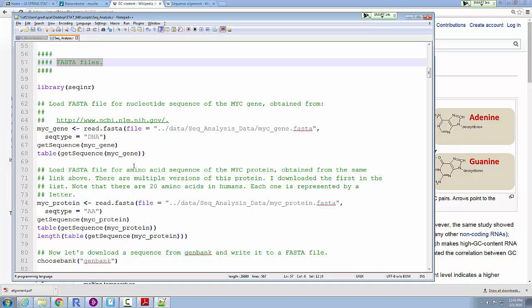So if we ask for the sequence information for the Mike gene, depending on where we get it from, there is the possibility that there would be an entry in the FASTA